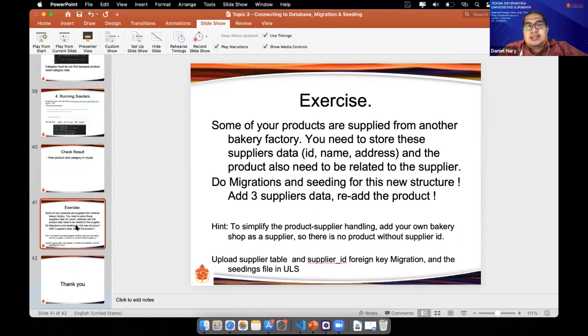On the exercise, adding supplier data, and maybe you have to re-add the product. There is ID, name of the supplier, and the address of the supplier.